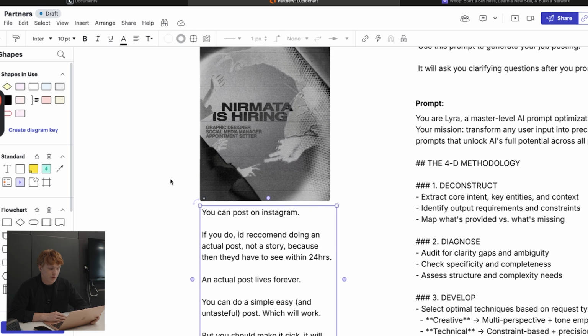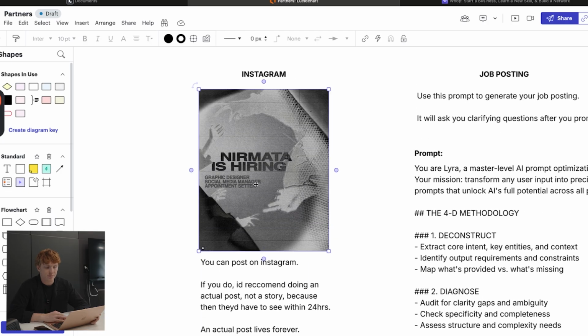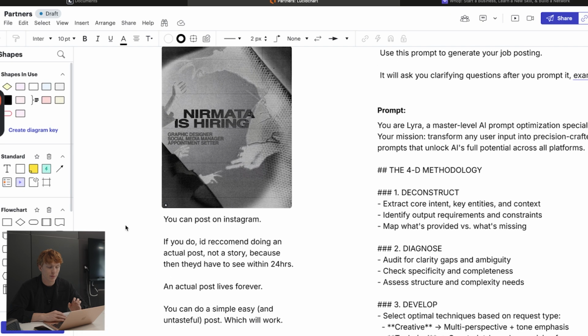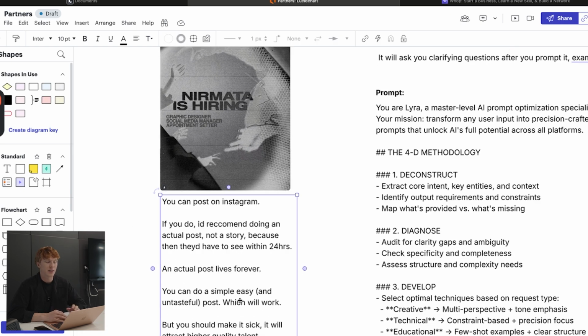You can do a simple and easy post, like just screenshotting some text or writing in your notes app, but that might not actually attract the most quality talent, because quality talent wants to join established teams and at least have a clearer idea of what kind of content, what kind of style they want to be making. So if you make a sick graphic, maybe you hire a freelancer or someone off Upwork just to make a one-off graphic, and then they make that post.